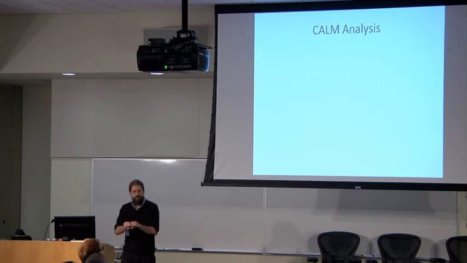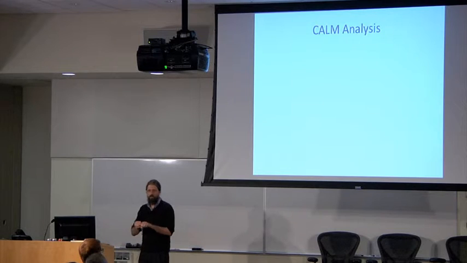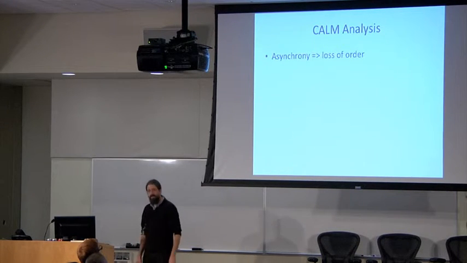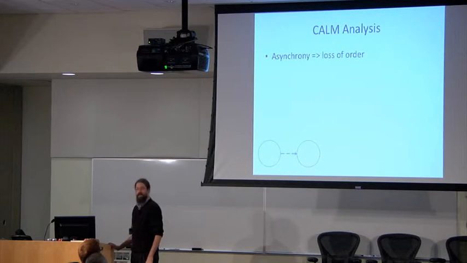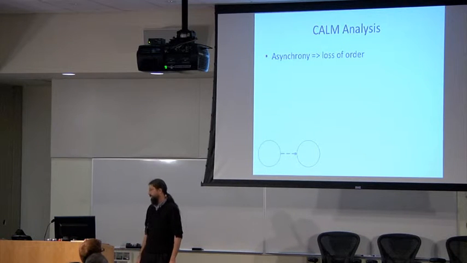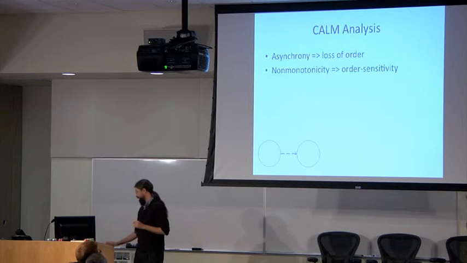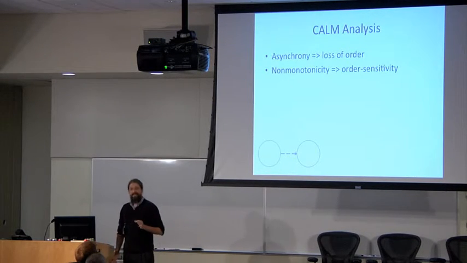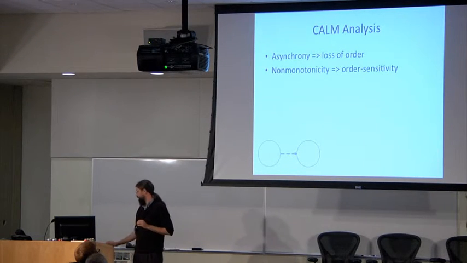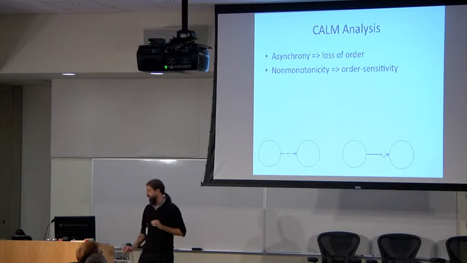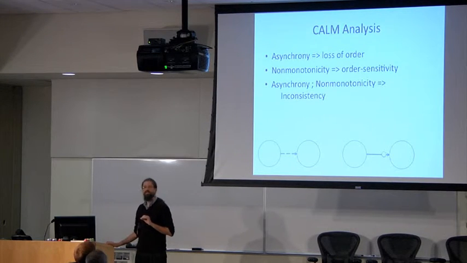So COM analysis just puts together these two really simple observations about asynchrony and non-monotonicity and what their sequential composition looks like, right? So asynchrony implies we sacrifice order. And we draw you a data flow in which we represent asynchrony as dotted lines, and we taint downstream results as yellow, slow down or go real fast. Non-monotonicity implies a computation that may be sensitive to the order in which its inputs are seen. Okay, you might care about that too. So we're gonna draw a special arrow for non-monotonicity too, and we're also gonna taint downstream data as non-monotonic. Now here's the issue, right?